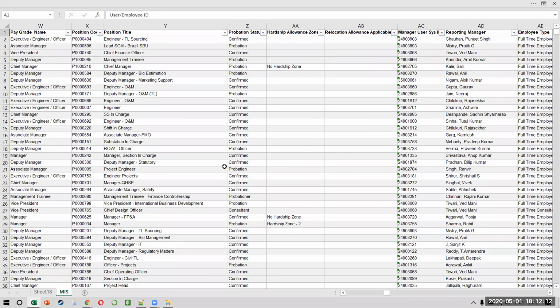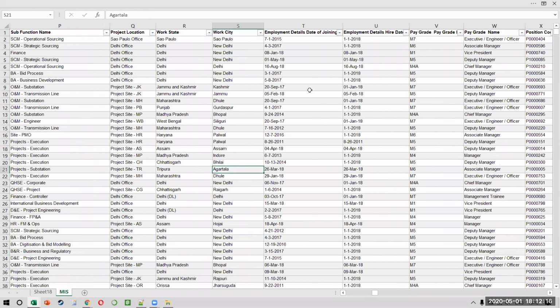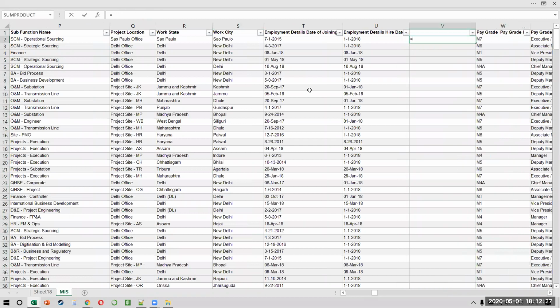And he needed 2 days to prepare. Why? Because if you notice my joining date, how do you know whose experience is between 3 to 5 years and 5 to 10 years? You will have to calculate that every single time. So what would they do? They would create a new column, write a formula, and then filter it out. You will have to filter it out.